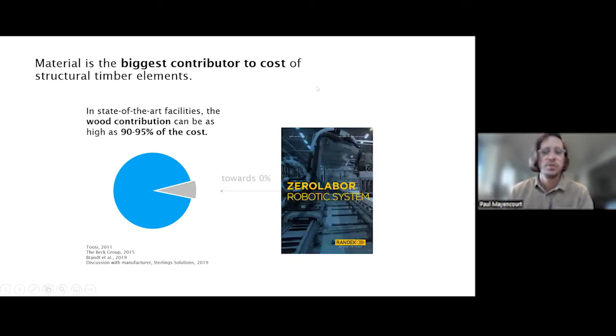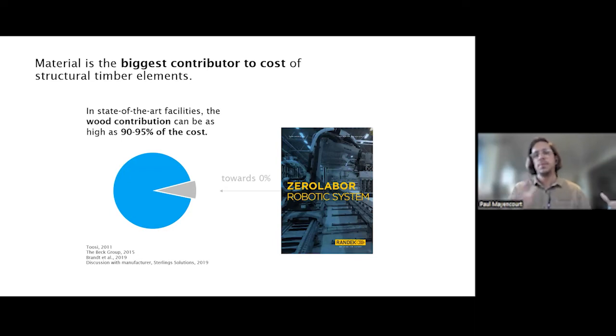And as we go towards more and more efficient construction systems that are optimized or using robotic systems, like you can see here from this brand that exists, a product that is available in the market, the cost of manufacturing is going to go towards zero, where you can imagine very, very efficient manufacturing centers where the only thing that you put on one side is raw lumber or dimensional lumber, and then at the end you get this final product that is made.